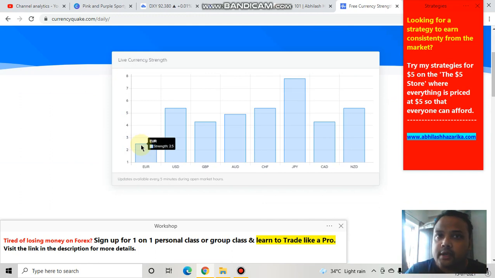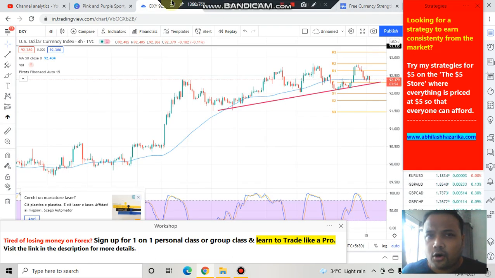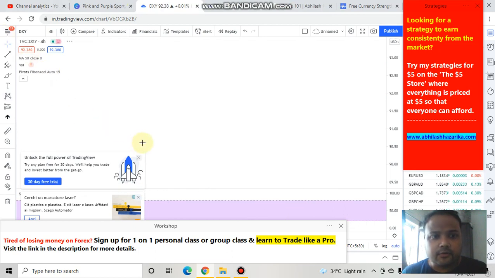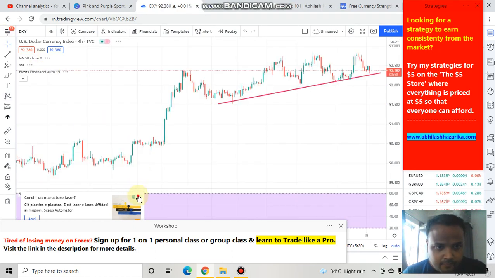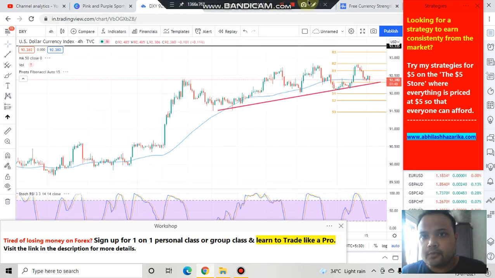So euro is weak, dollar is strong. As a result, it will be very risky if you go for buying order, if you look for a buying opportunity when euro is weak. On the other hand, if you look at the 4 hour chart of dollar index, then you can clearly see that